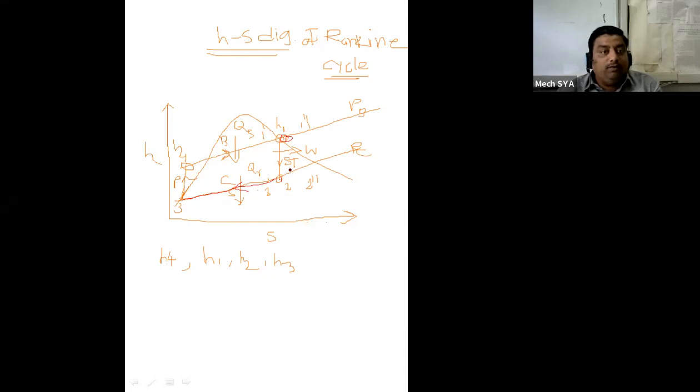So in the constant pressure heat rejection, 2 to 3 is here, on the constant pressure line. And then 3 to 4 is again isentropic, again a vertical line starting from 3 and going up to the boiler pressure. Actually in my drawing a little inclination is there, but it should be a perpendicular, straight vertical line from point 3. And 4 to 1 is again constant pressure heat addition. So this HS diagram also we have discussed.